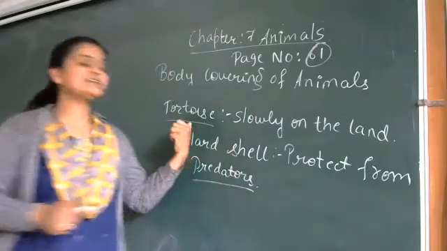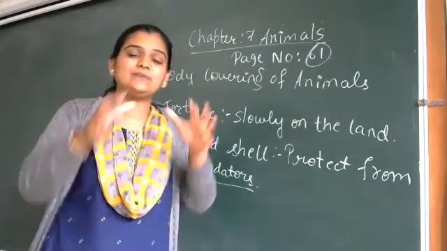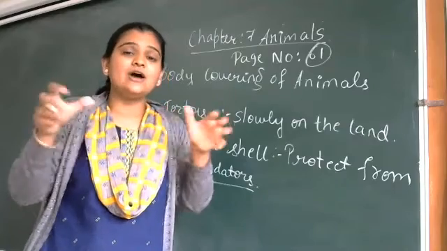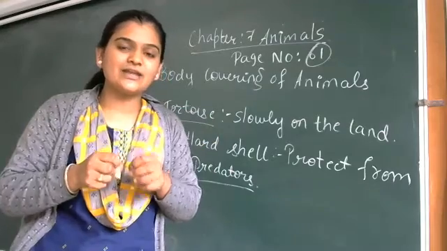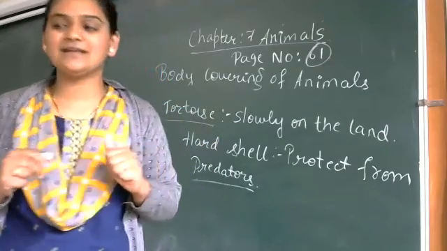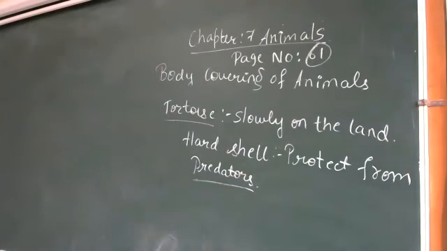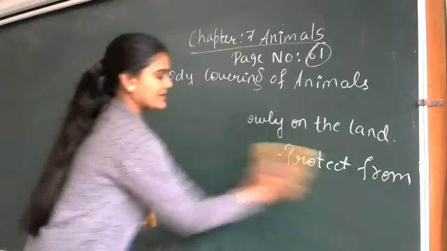Okay, so even the tortoise, when it feels the danger, will take its head and all the hind limbs and forelimbs inside the hard shell, and it will try to protect itself from the danger. Is it clear? Look how clever the tortoise is. It pulls its head and legs inside the shell. Okay, so one more small piece of information on reptiles.